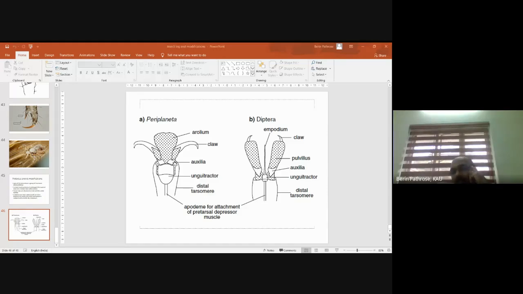But anyway, once we complete the head portion, the thorax, the leg modification and the wing modification, all of them are pretty simple. So I think I can complete my portion, the morphology portion, with two classes. The next two classes are Monday and Tuesday. Tomorrow and the day after tomorrow I won't be taking any classes. On Monday we will discuss wings and their modification, and on Tuesday we will discuss the abdomen. Abdomen is pretty simple.